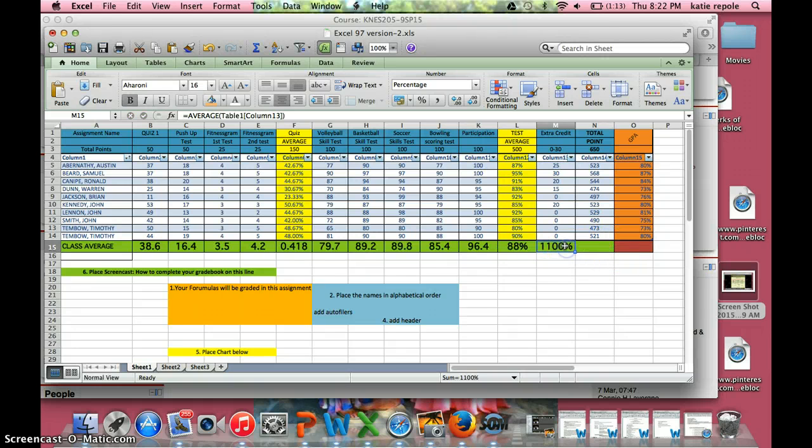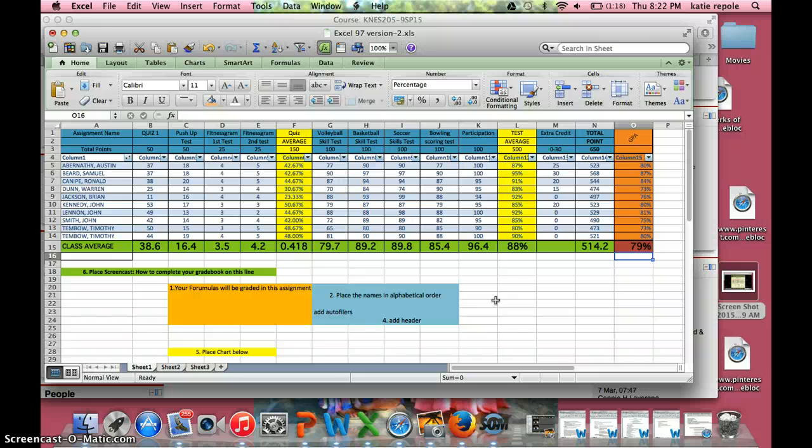Oh, I don't need the extra credit, that was one that we didn't need. I do need the total points though, so I'm going to go ahead and hit that average. And then the average GPA. Teachers a lot of times find the average GPA, and then if it's low, they might curve it. So now that I've showed you how to find the quiz average, the test average, the GPA, the class average, and how to alphabetize